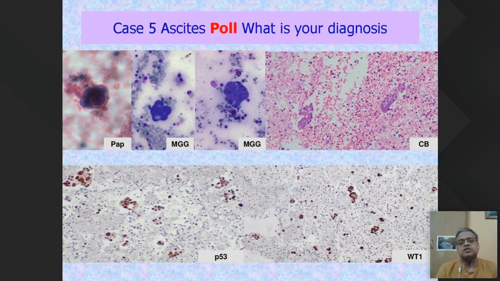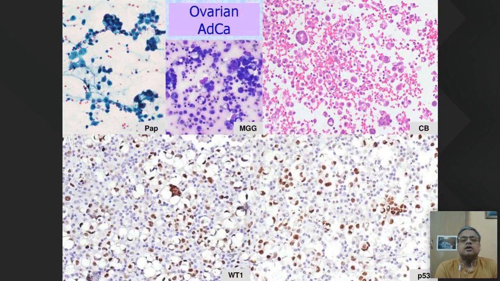So an inconclusive diagnosis on morphology of cytology smears can turn positive if you do a cell block with IHC in the majority of cases, but sometimes it is vice versa. Sometimes your P53 and WT1 is neither here nor there. Then you go back, not to the cell block, but to the cytomorphology, and with the help of that you can make out whether it is benign or malignant. So ovarian adenocarcinomas typically show strong WT1 like this, strong P53 like this, and cell blocks typically are rich, but they can show you an admixture. So the groups of cells will come like this.